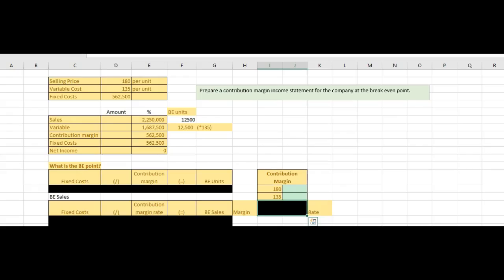Now, if you're looking at the next one, we are going to find a contribution margin income statement. We're going to develop one. To do that, you've got to do a couple of things. So we have the information here: selling price, variable, and fixed cost. And from those three things, we can figure out break even. And that's what we have to find, the revenues or break even. Now I've kind of left this open for you. Actually, that should be empty